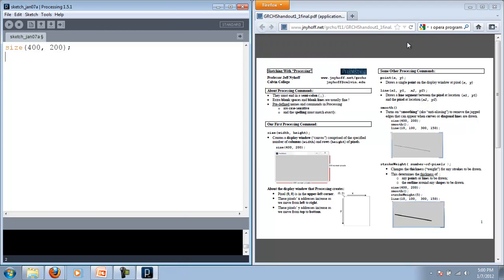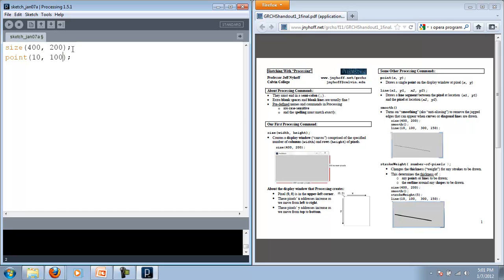I'm going to actually close this little sketch, and we're going to move on to the next command here, which is called the point command, and it's really kind of a boring one, but you'd be surprised, it's actually fairly useful. A point, it's just going to draw a point, and we give it an X and a Y. So maybe I'll give it the point 10, 100. And so it should go 10 columns over and 100 rows down, and draw me a little